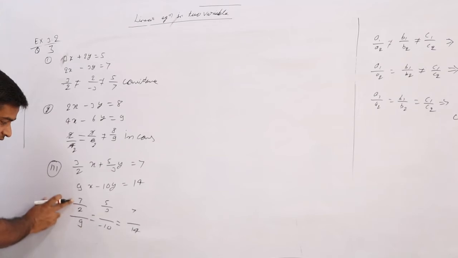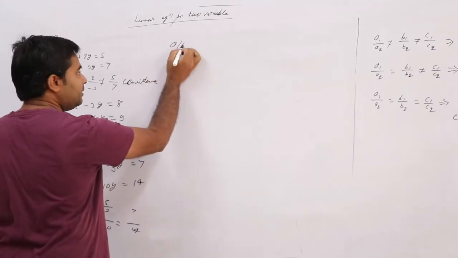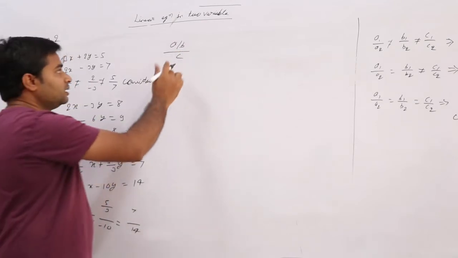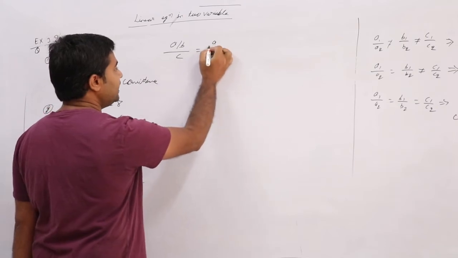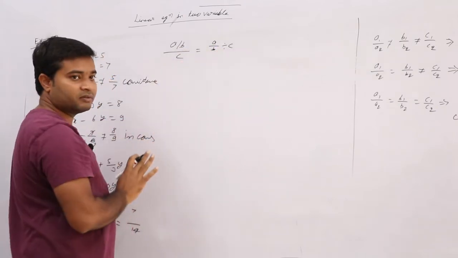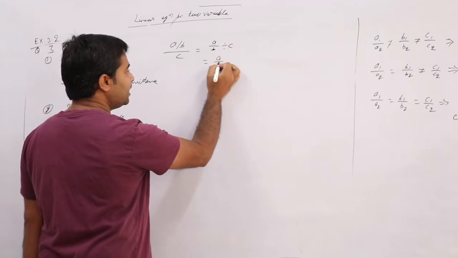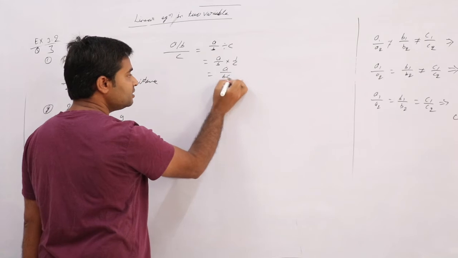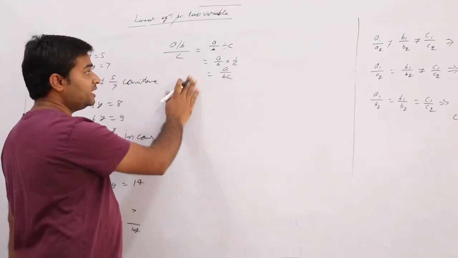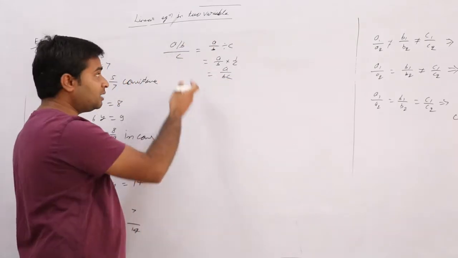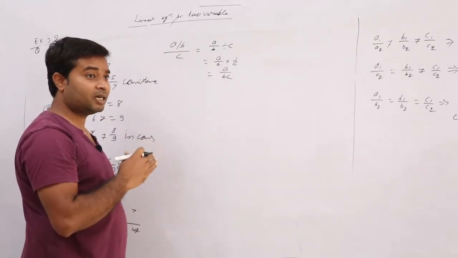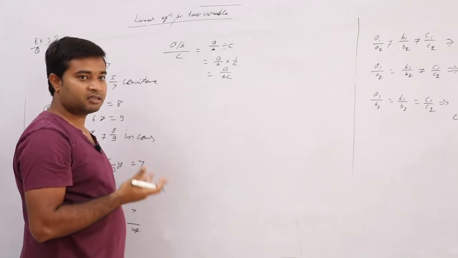Here we have a by b by c. What will we get here? A by b divided by c. The meaning of this is a by b into 1 by c, which means a by bc. Now I am saying it properly step by step. Next time I will directly write a by bc. Understood? So don't ask next time how it comes, because every time I can't teach the same thing, right?